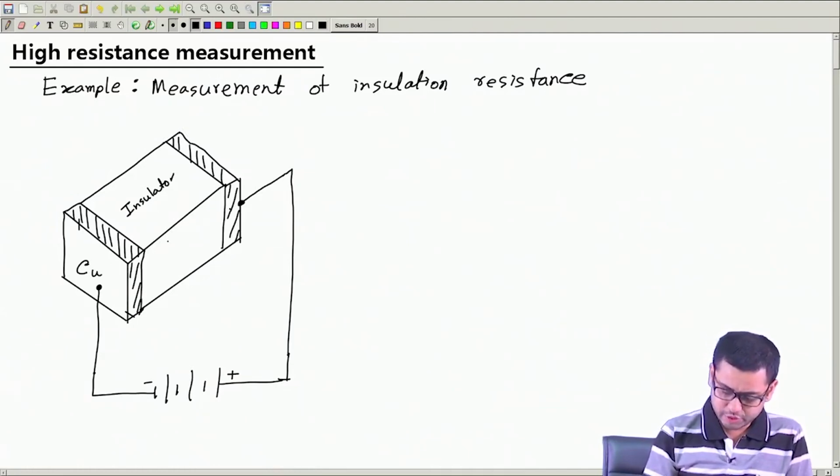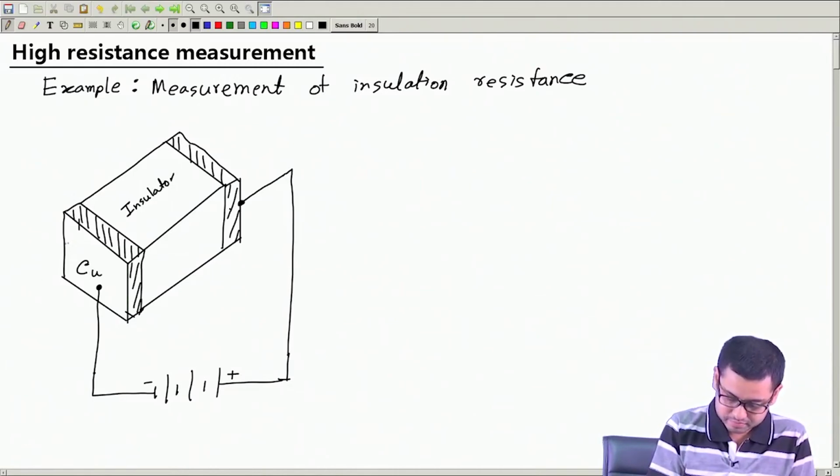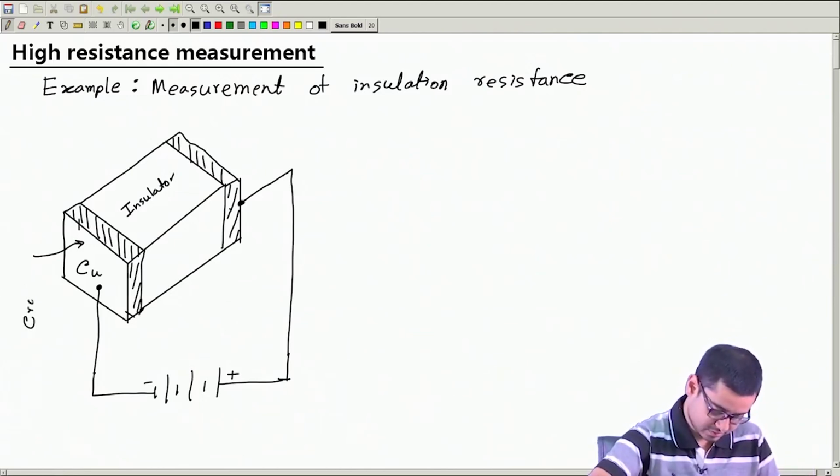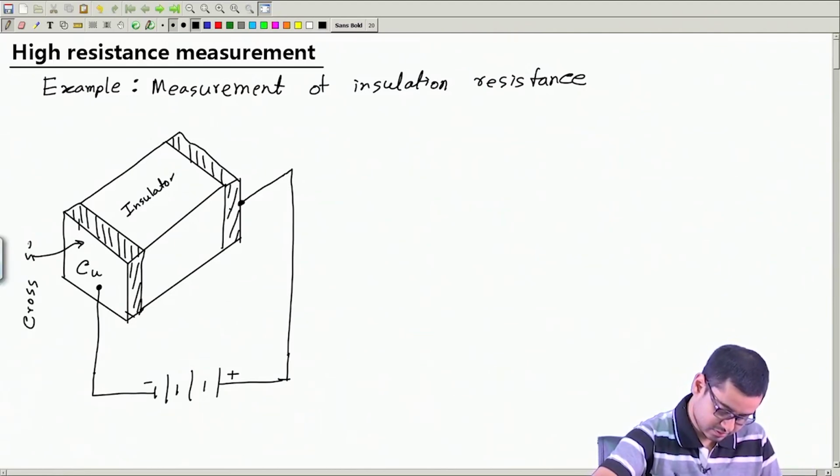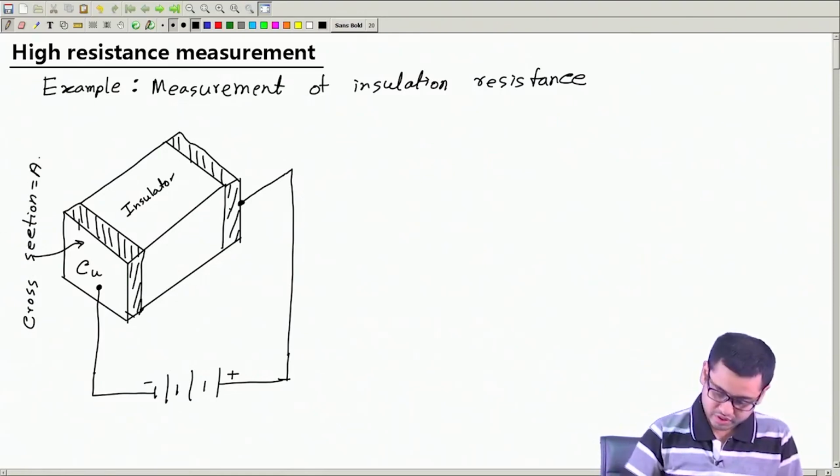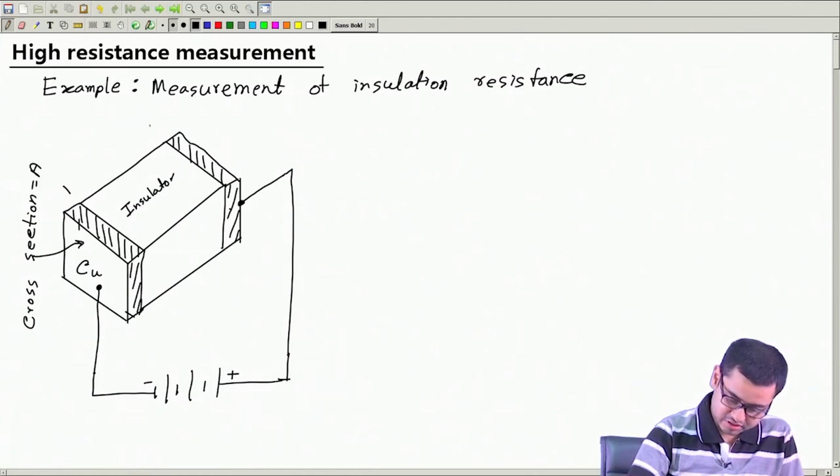Now, say the cross section area of this insulator is A, and say this length through which current flows is L,